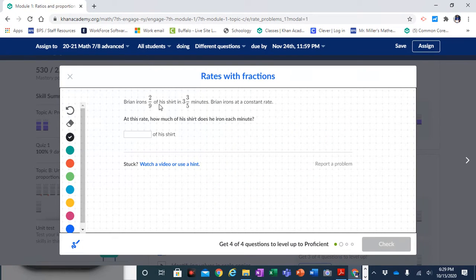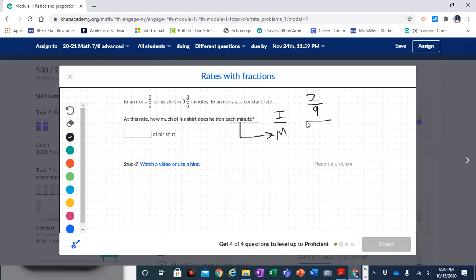Brian irons 2/9 of his shirts in 3 3/5 minutes. Brian irons at a constant rate. At this rate, how much of his shirts does he iron each minute? So again, that means iron would have to go over minutes, because each minute is 1 minute. So that means that we would be doing here